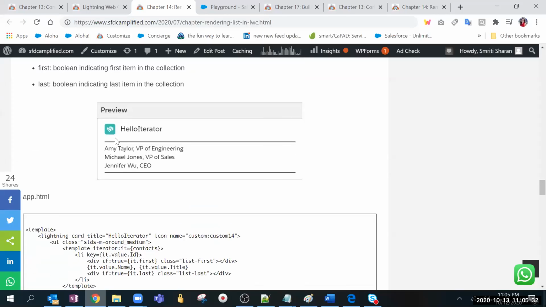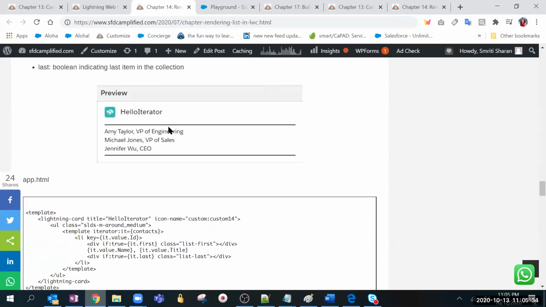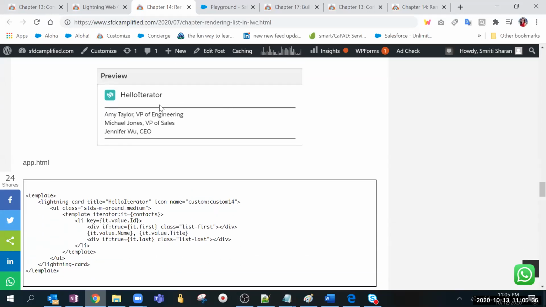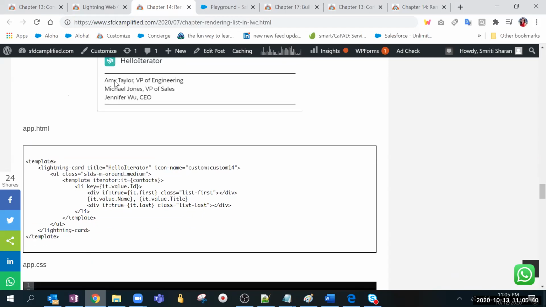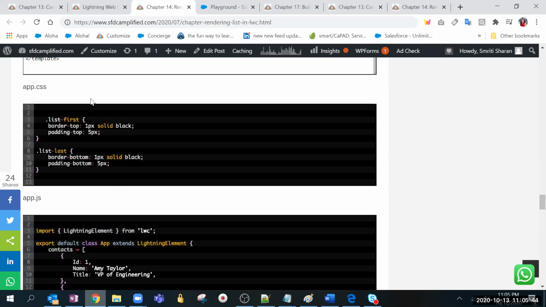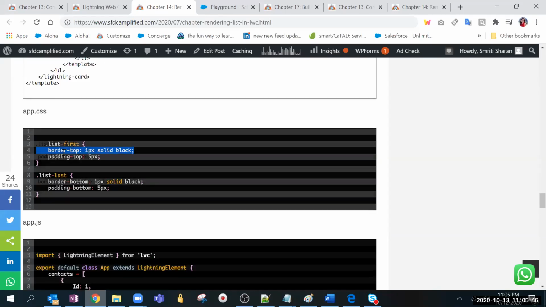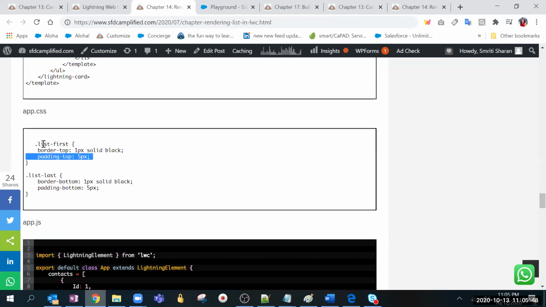See this. For the first element, above the first element, I'm adding the padding and the border at the top. So it is coming above, and then below the last element. I have put the padding, border top, and then the padding before the first element, list dot first.